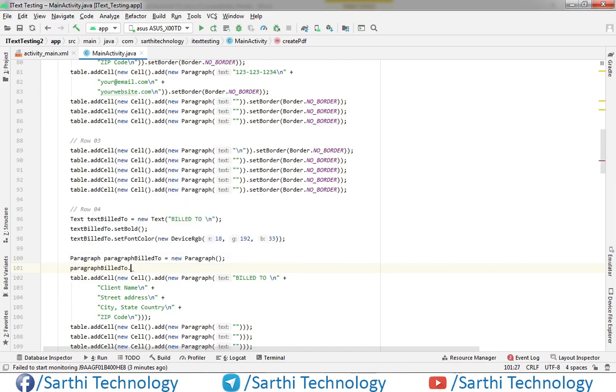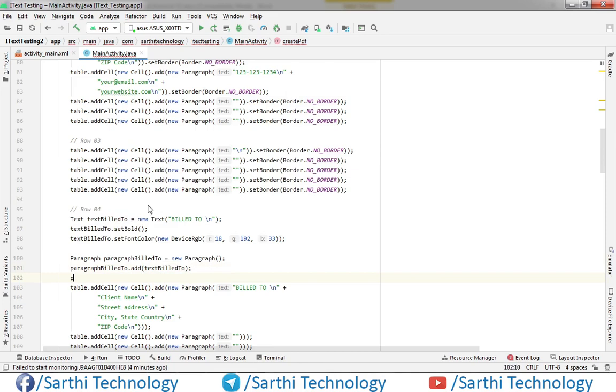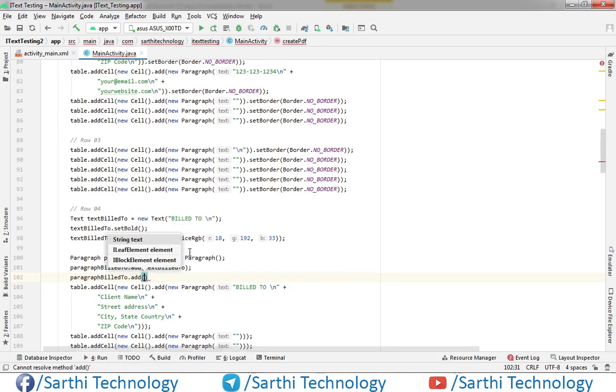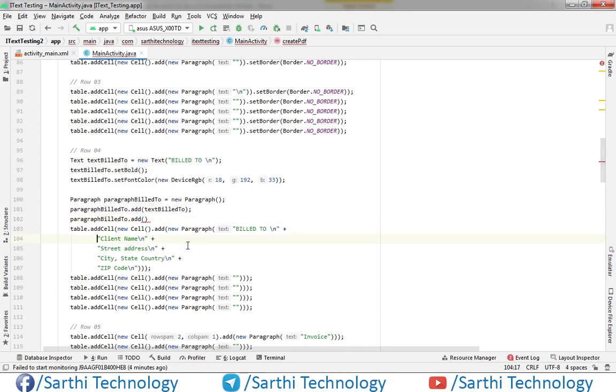Paragraph build to dot add. So first we will add this text build to, and again paragraph build to dot add, and here we will add these remaining texts.